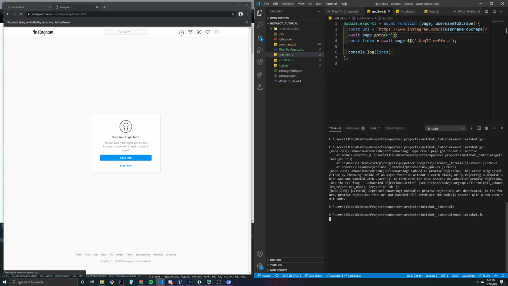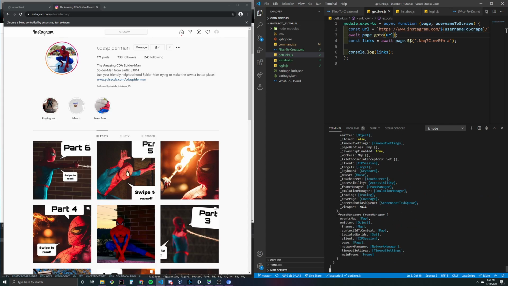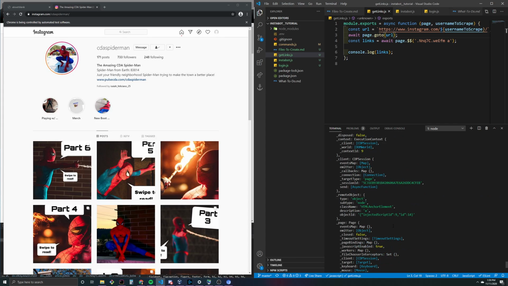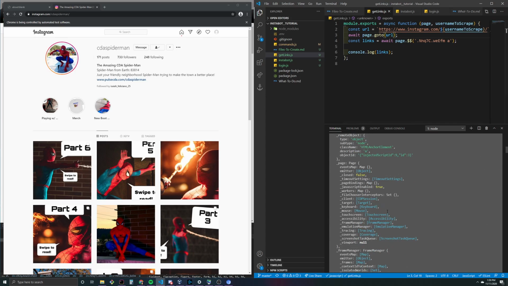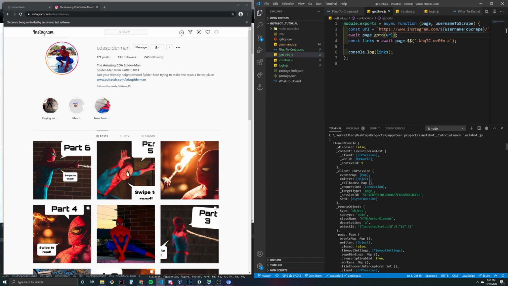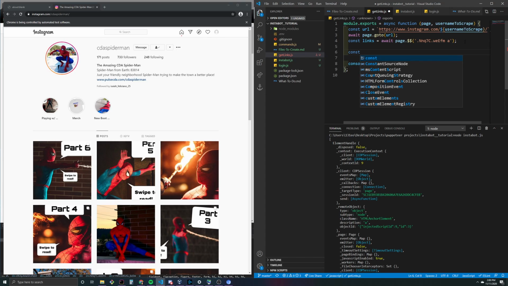Then it'll navigate to the page that we want to scrape. And look at all this information. This is all pretty much useless to us in the form that it's at. So we've got to transform it somehow. And we're going to be using a couple different functions. I didn't cover these in the introduction video, but